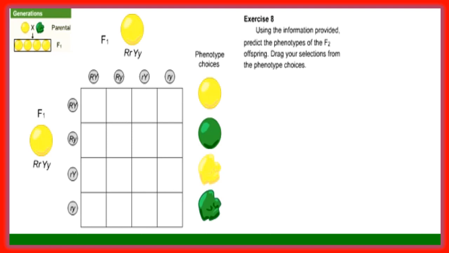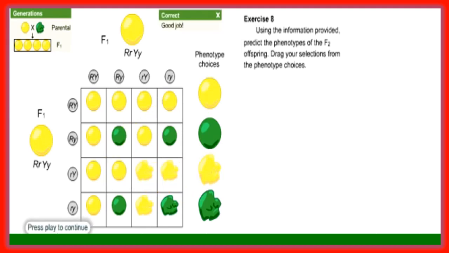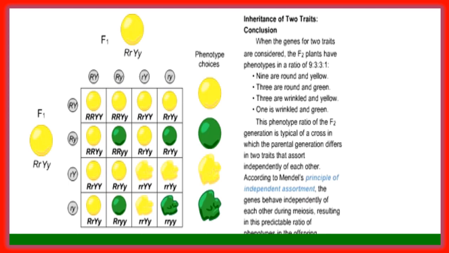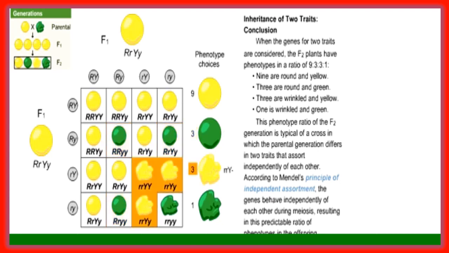Using the information provided, predict the phenotypes of the F2 offspring. Drag your selections from the phenotype choices. When the genes for two traits are considered, the F2 plants have phenotypes in a ratio of 9:3:3:1. 9 are round and yellow, 3 are round and green, 3 are wrinkled and yellow, 1 is wrinkled and green. This phenotype ratio